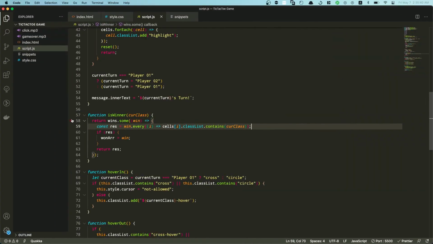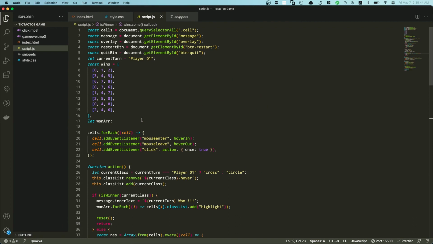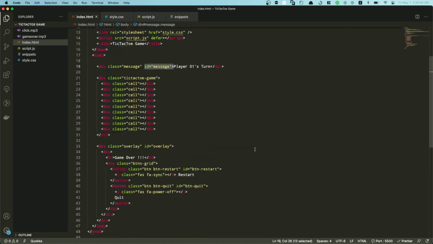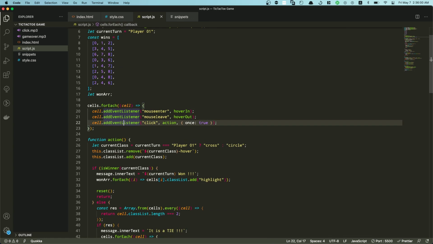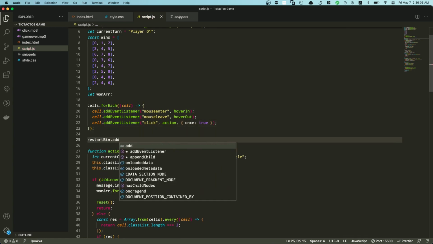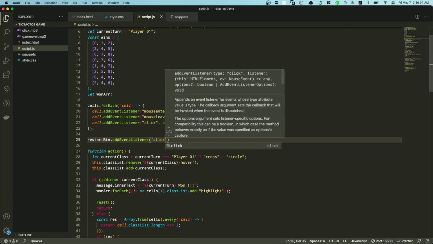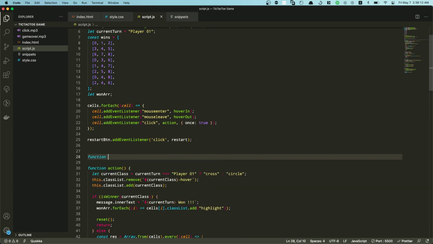All right, so we refactored the code a little bit, so now it is kind of looking a little bit nice. And now we also need to add a little bit of functionality for the restart button and also for the quit button. Then we also need to add those audios as well. Okay, let's first deal with the restart button and quit button. So down below right here I'm gonna say restart.addEventListener. In case I click there, then I'm gonna call this restart function, and then down below right here, let's just